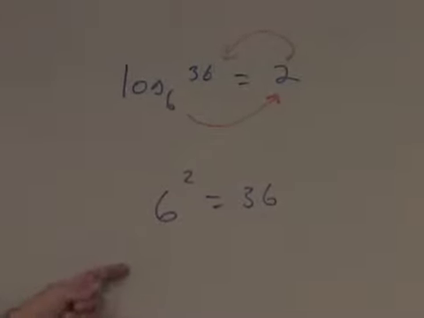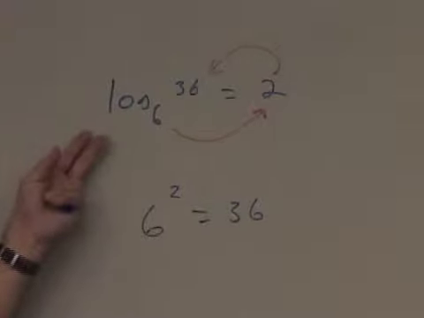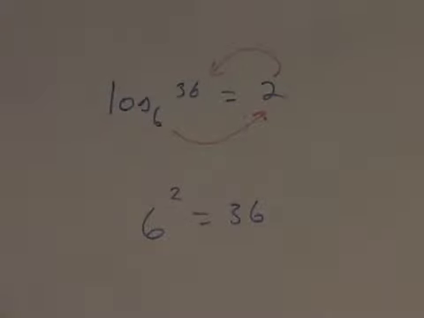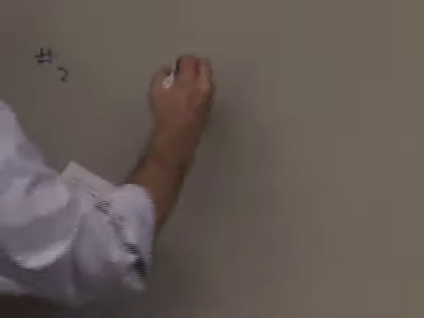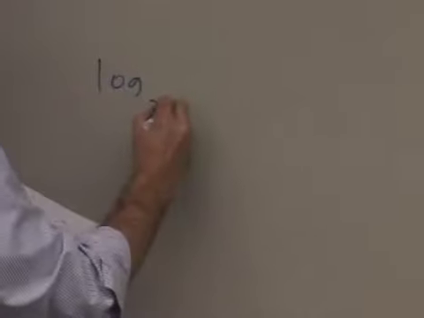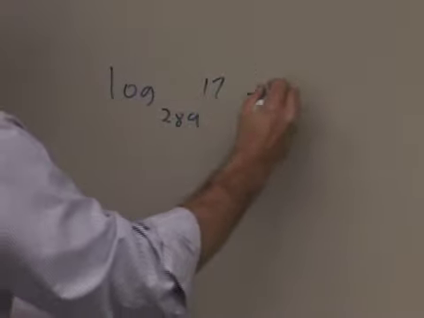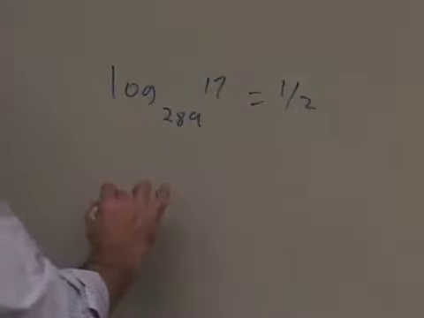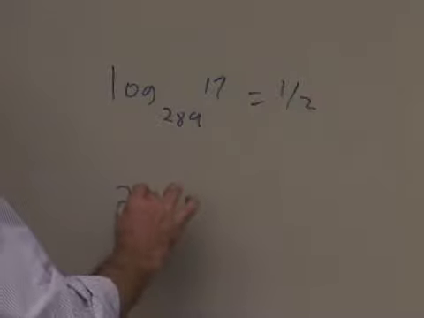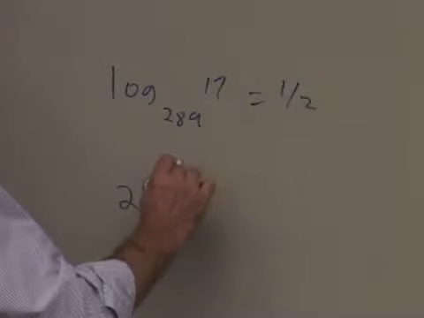Certainly looks a lot truer here than there, though. You might not have believed it here. Not quite used to log. That's number 1. Number 2, I have log base 289 of 17 is equal to 1/2. How would I write this as an exponential equation? 289 raised to the